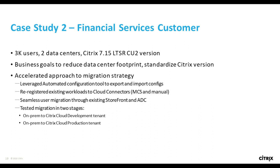We're talking about multiple sites, hundreds of virtual apps and desktops, and the administration from different consoles. So from that point, the customer decides to centralize and standardize all the Citrix sites from the on-premise to the cloud environment. The success team engaged with the customer, reviewed the adoption plan, and proposed the use of the automated configuration tool to ease this migration. And from that time, this tool was on private tech review, so